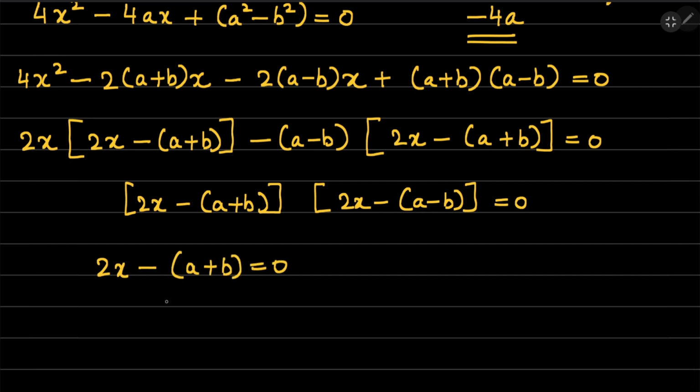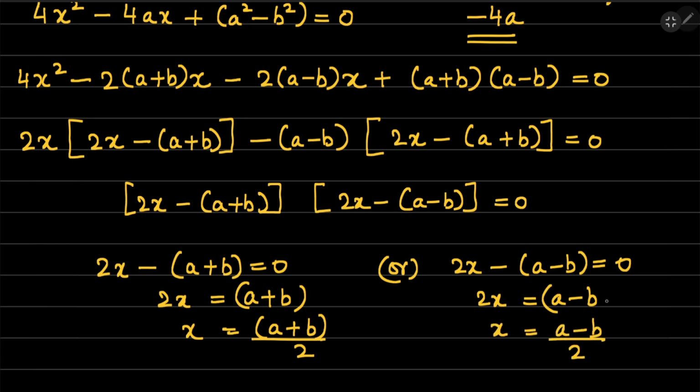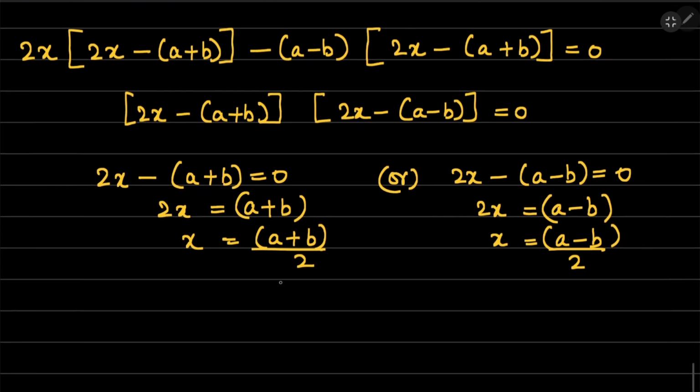Either this is equal to 0, which means 2x is equal to a plus b, or x is equal to a plus b by 2, or 2x minus a minus b equal to 0, which means 2x is equal to a minus b, which means x is equal to a minus b by 2. So this is another root. So these two are the